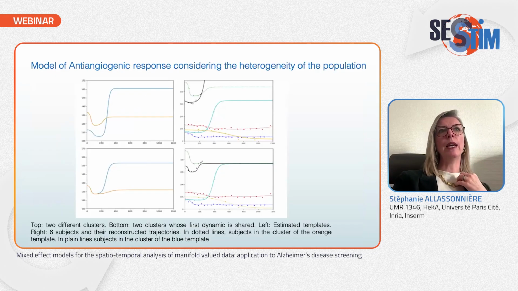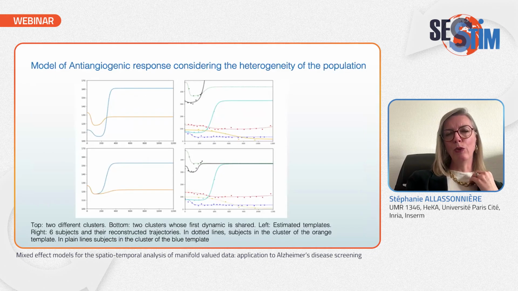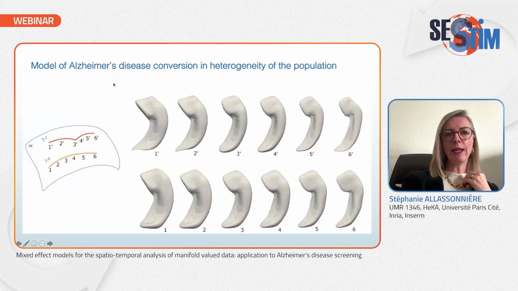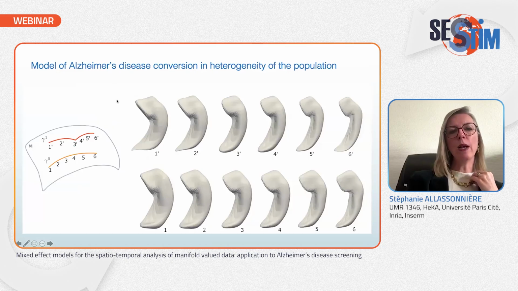So again, we had to get new data and try to consolidate this. Going back to Alzheimer's disease, well, the question was, is there a special design of a population that is mixed? So there is a heterogeneity.